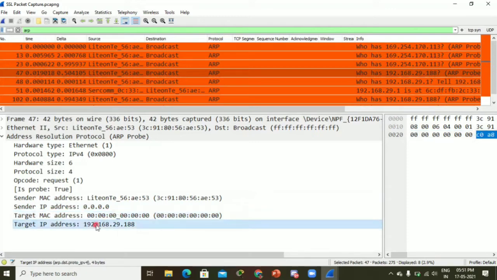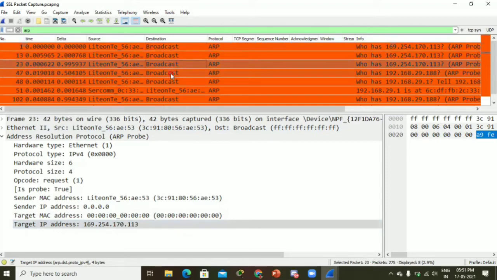And the target IP address, which is 29.188, if someone who has this IP address in this network will reply. Okay, so if nobody has this IP address, I won't get any reply. So whether I got any reply, let's check